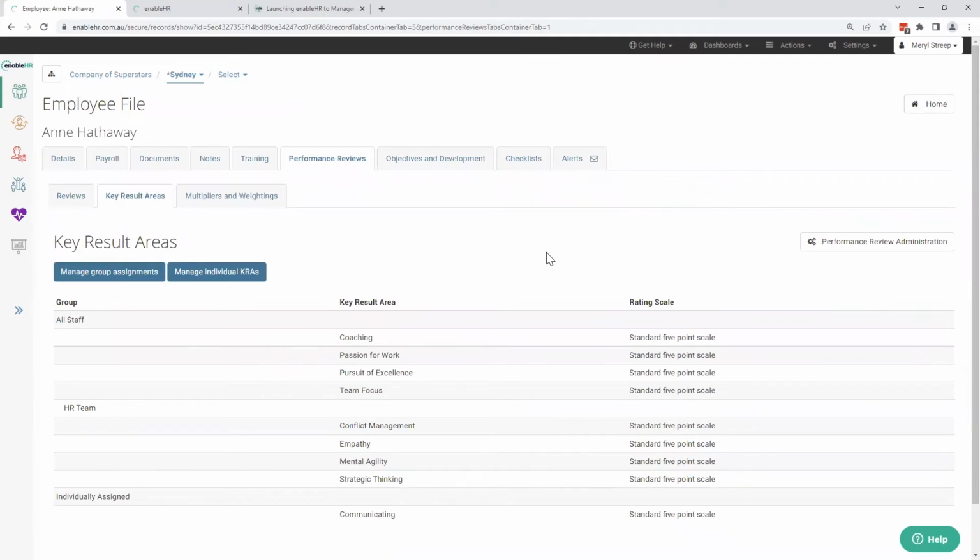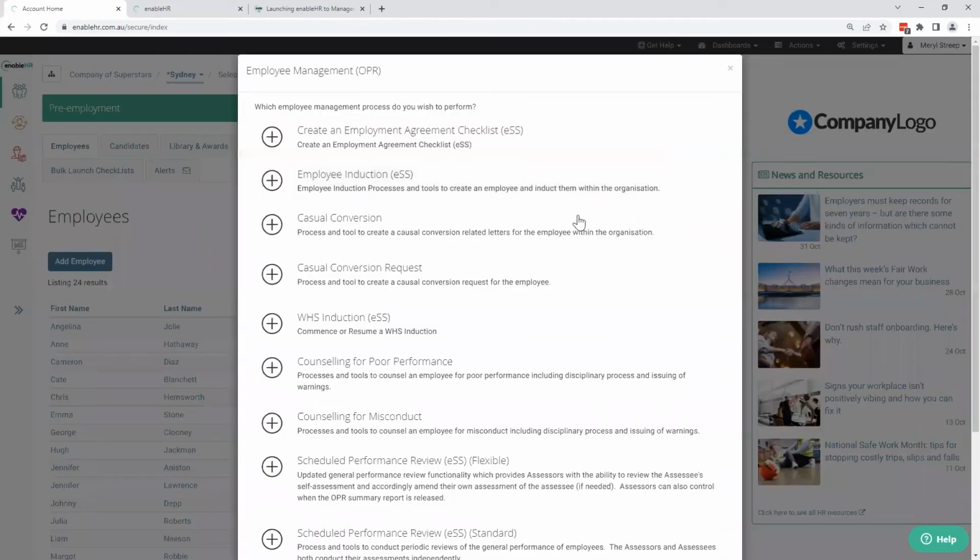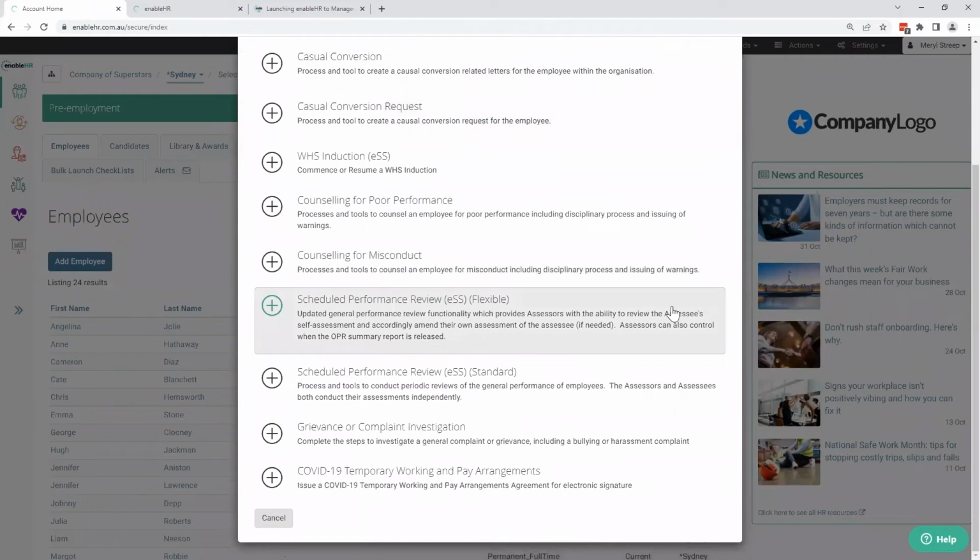Once you've completed those two different stages of setup for your performance review, you would then manage the process from the online performance review checklist under the employee management workflow. Through here, you can see that we've got two different versions available. We have our standard version and also our flexible version. We do recommend, where possible, just use the flexible version as it has a few more options for you to